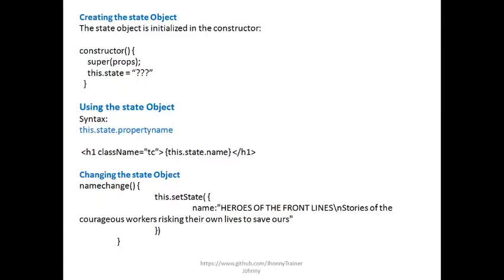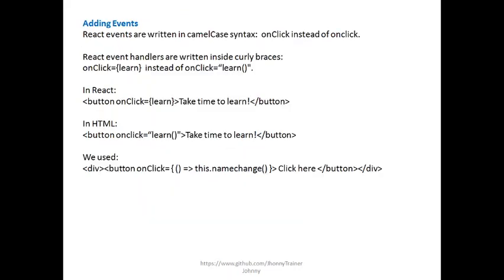Next, we are trying to create a state using a constructor, and we are using super. Initially we have defined it with a question mark, and later upon the button click, it will change the state, and setState will try to render it again. In order to call the state, we will be using this.state.name, similar to properties. And we were trying to use events. In JavaScript we write with parentheses, but in React we won't use the parentheses here.